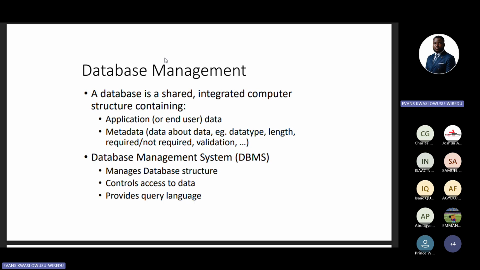So we got to know right from the onset the different careers that have to do with it. There are more careers in this, and we are going to dive into that very soon. And so what does the database management system entail? It entails managing your database, the data that you have collected. So I was making an example of the population, right? Or collecting data from your area for the police to use in their policing, right?